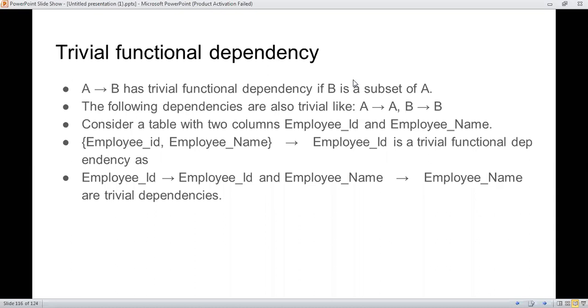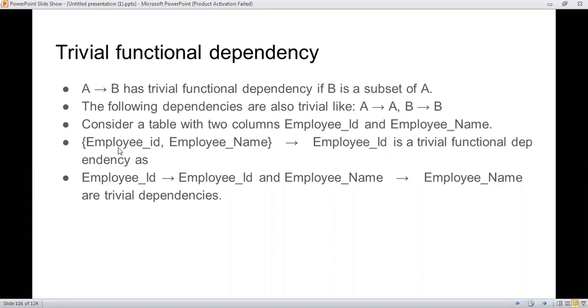If B is a subset of A, the trivial functional dependency is maintained by A implies A, B implies B. For example, in employee there are two columns, employee ID and employee name.